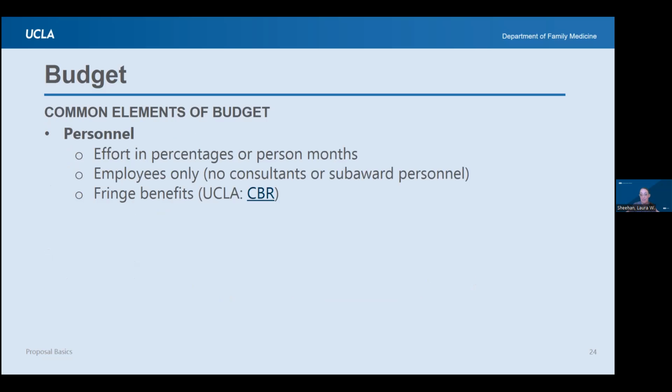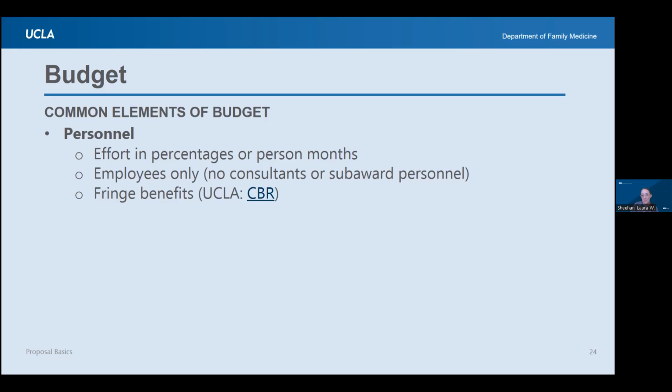We're going to go through the common elements of a budget here. There are going to be sections that I've skipped, but these are the most common and most relevant and the ones that I get the questions about the most. Personnel. So they're going to want to know how much effort your people are dedicating. So first they want to know who, right? Your PIs, your co-Is, your study coordinators, research assistants, statisticians. This is going to be any employee that is working on your project specifically. And you notice I said employee, that means don't include your consultants here. If you have personnel at another institution, they are not an employee of your institution. They don't go here, they go somewhere else.